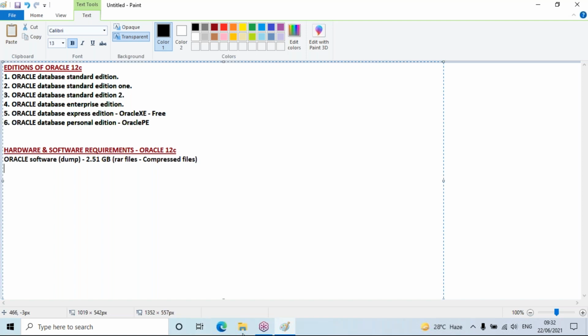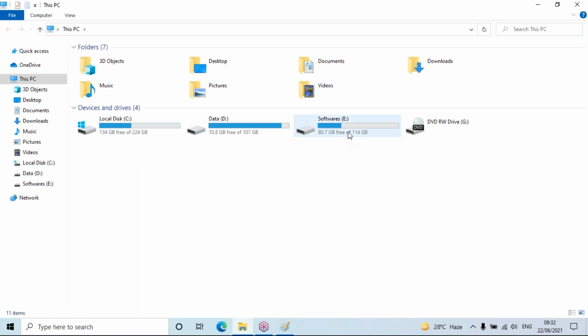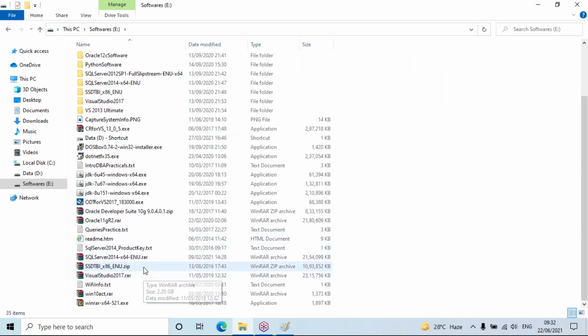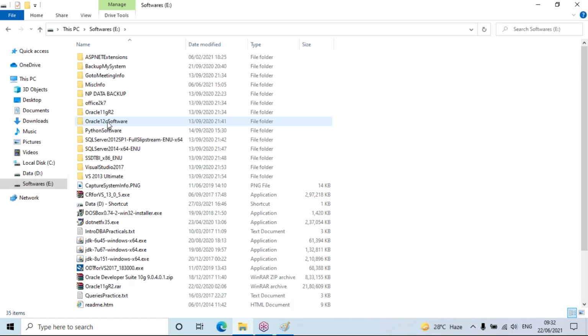So I will be sharing. You want to see that software? It will be like this. And this software I'll be sharing with you. Here, I'm just showing you how the software is on my machine. Here I have the Oracle 12c software.